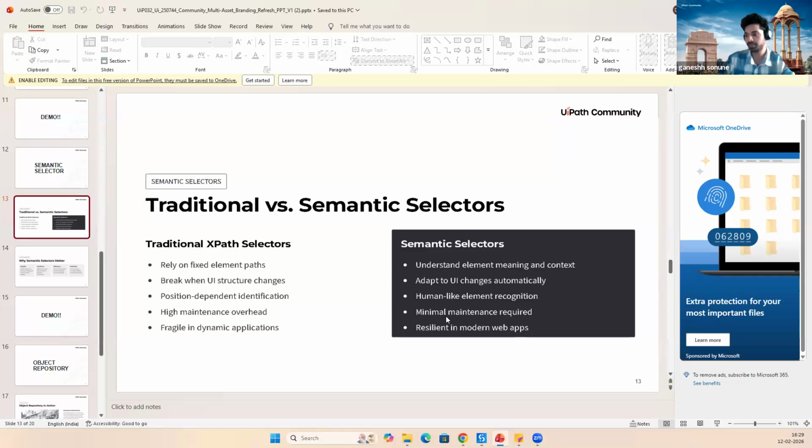It's a prompt level or context based selector. It understands the element meaning, and it adapts to UI changes. It understands like a human, so we give the prompt and it understands.